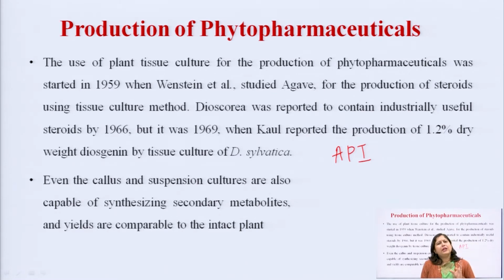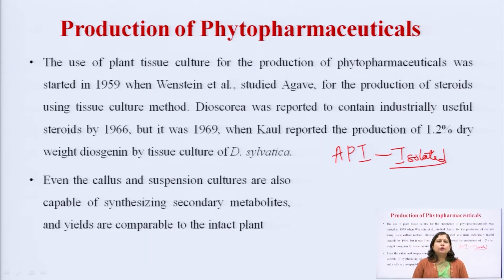There are many ingredients which are at present available as modern medicine, like vincristine, vinblastine, reserpine. Many of them are available in the market in their active pharmaceutical ingredient form or isolated purified form. Such ingredients are known as